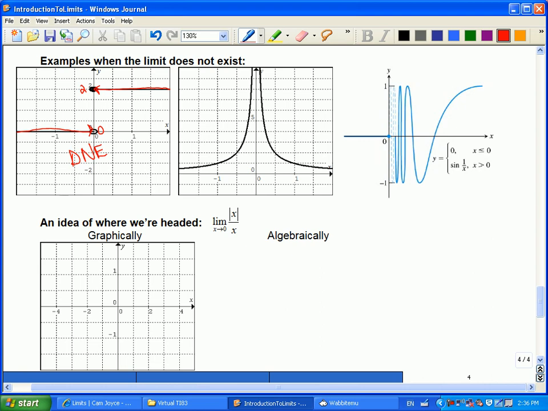Now, a limit has to be a number. It can't be something like infinity. It's very tempting to say the limit exists, the limit is infinity. That's very close to what we want to say. We would want to say the limit does not exist, it's infinite. Because in this case, they're not going to any particular value. There's an asymptote in this graph, and even though I'm approaching infinity on this side, and I'm approaching infinity when I come from the other side,